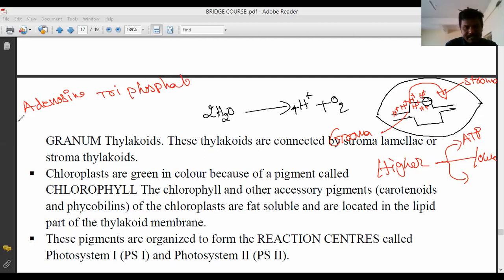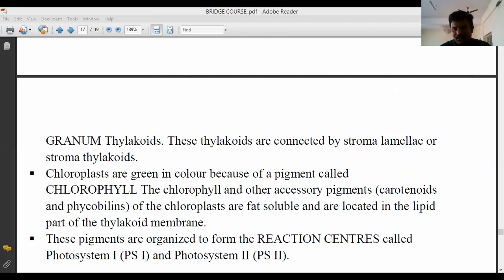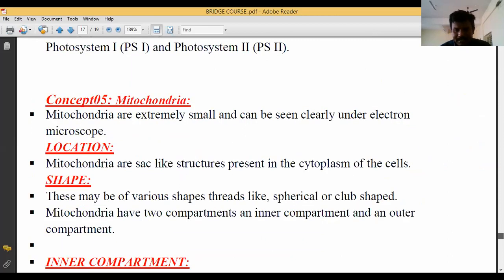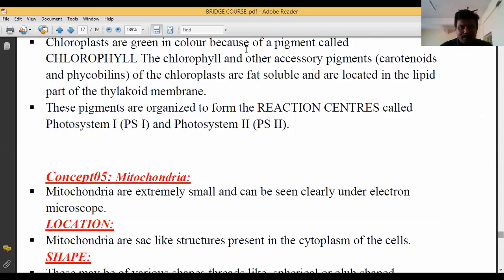Adenosine triphosphate. This is called ATP. In such a way, in plants, especially in chloroplast, huge quantities of ATP molecules are released. Okay, that's all. This is the explanation about chloroplast. Still more information is there, that is what in this basic class I can't teach to you. Okay, that's all.